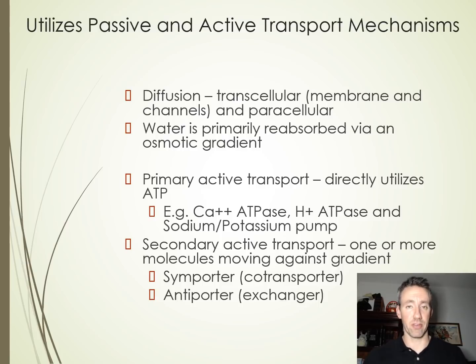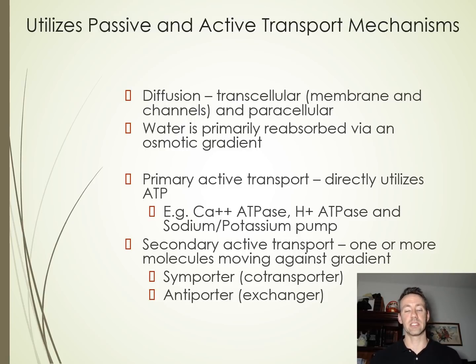So if we're going to talk more specifically about the cell types and how they actually move substances in or out of the nephron, we have to quickly go over how substances move across cell membranes, right? So you have diffusion, transcellular or paracellular, which means around the cell, and this won't require any energy, just gradients. And water primarily is reabsorbed via osmotic gradient, but there will be exceptions to that, and we'll talk about that too. Primary active transport, just to reiterate, needs ATP directly, and so things like calcium ATPase, proton ATPase,